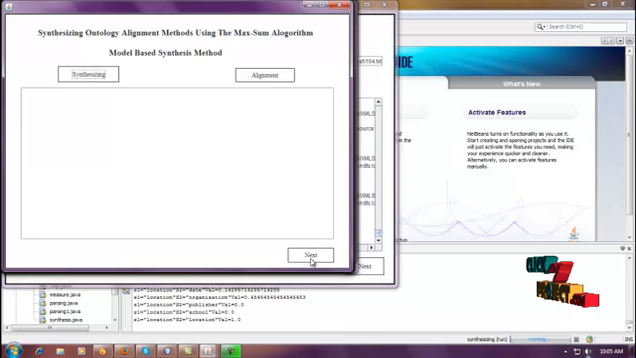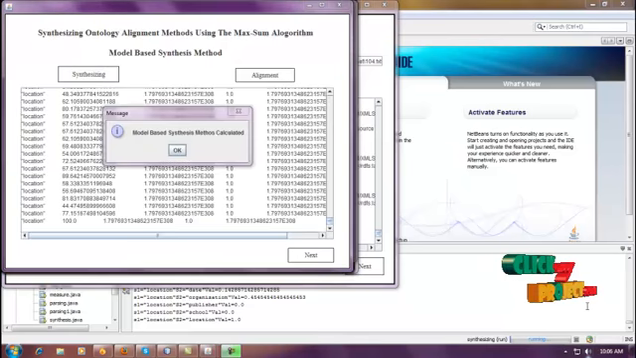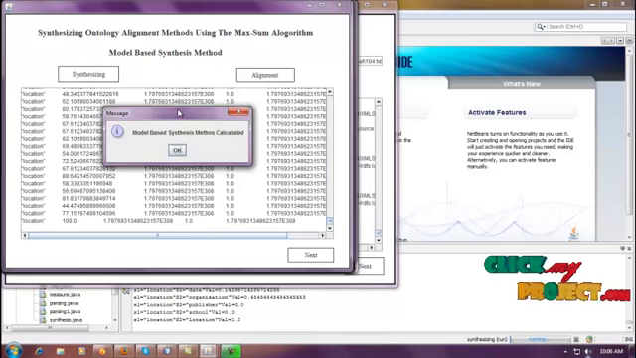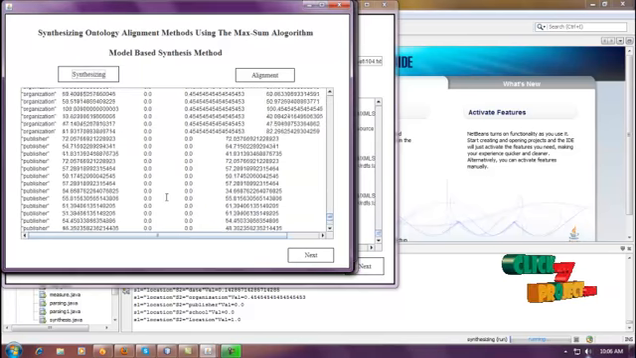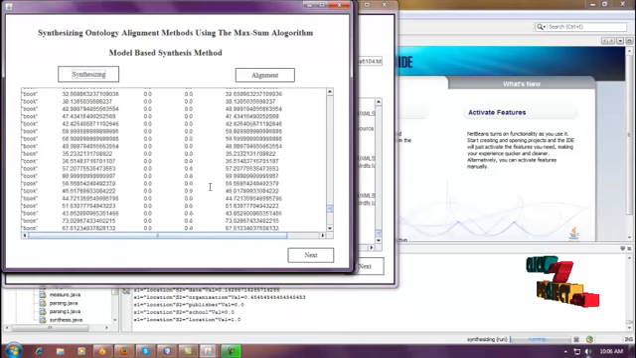Now we are going to apply the model-based synthesis method. First, synthesizing. In the model-based synthesis method, we can integrate the above three models and get the results. Now the model-based synthesis method is calculated. These are all the values generated by the